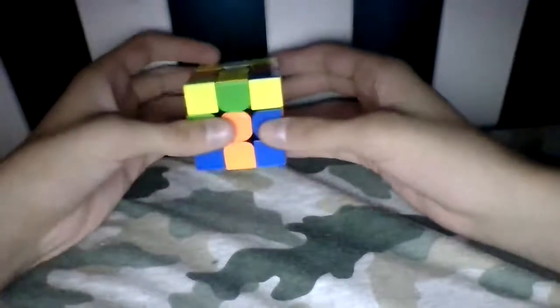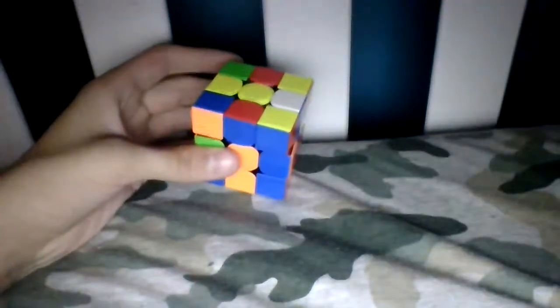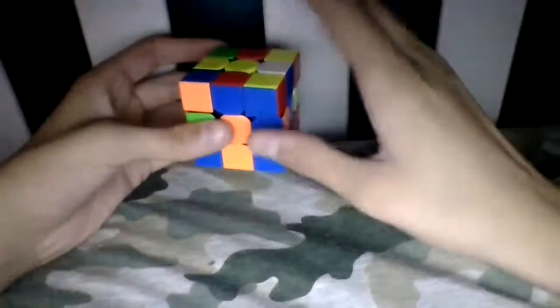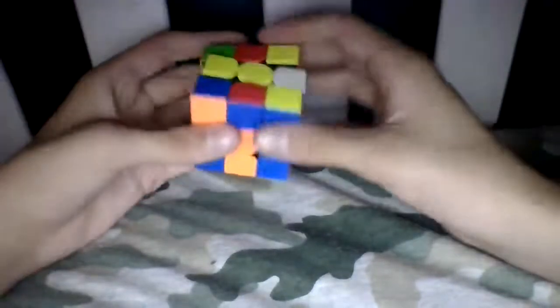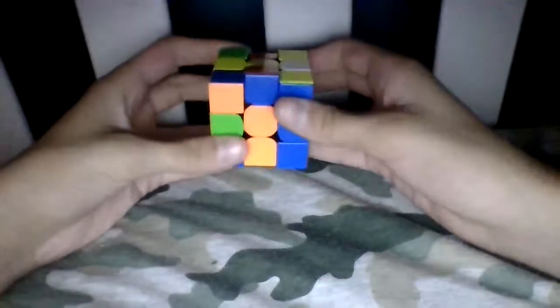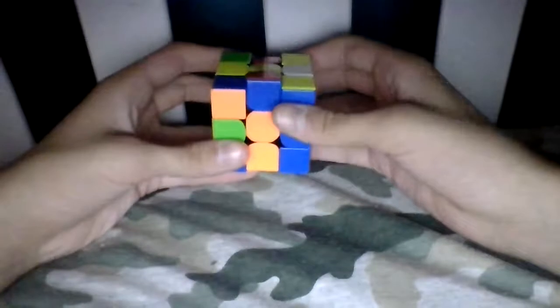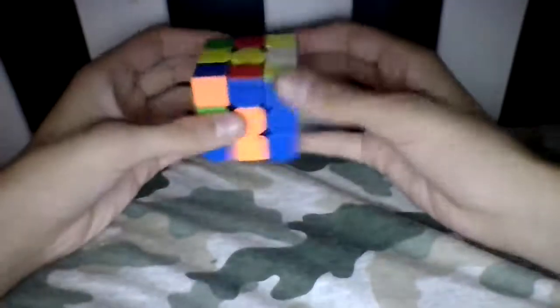So the second step is CLL. Even with 2-look CLL here, which averages like 19-20 moves-ish, the method still averages around 60 moves. So I'm going to be showing you all the algs for 2-look, even though you don't have to. With 2-look, as you probably know, there are full 1-look CLL or COLL or random OLL CP algs to solve this in 1 look. So basically the first case you have, I'm going to be showing you